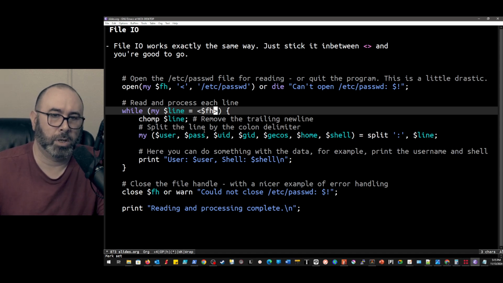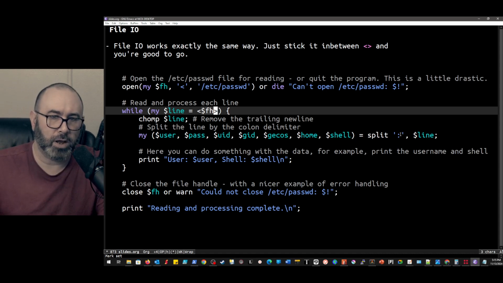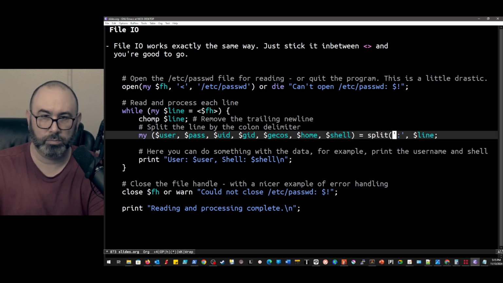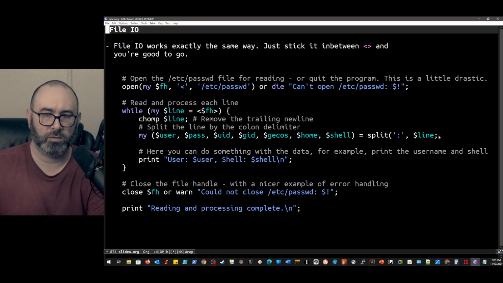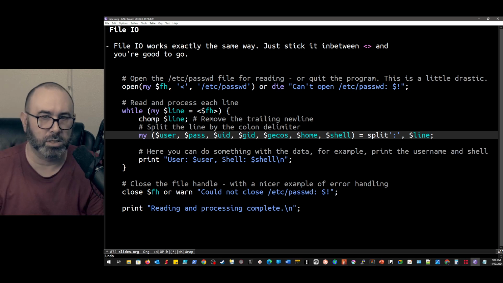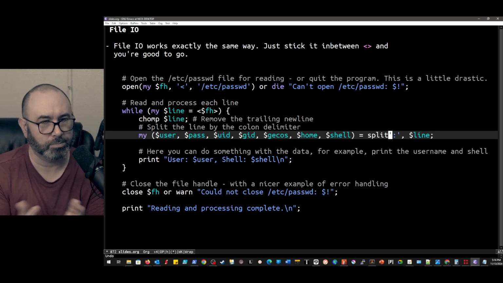Really, really simple. Here's another example of something we can do that's really, really nice. We're going to be using the split keyword. Here we're defining split as colon. So we're going to define all of these variables using the split function. And again, we can wrap these in parentheses. That's fine too, right? That's the same thing. So whichever one you prefer is completely fine. I typically wrap it in parentheses myself, but this feels very shell scripty, right?